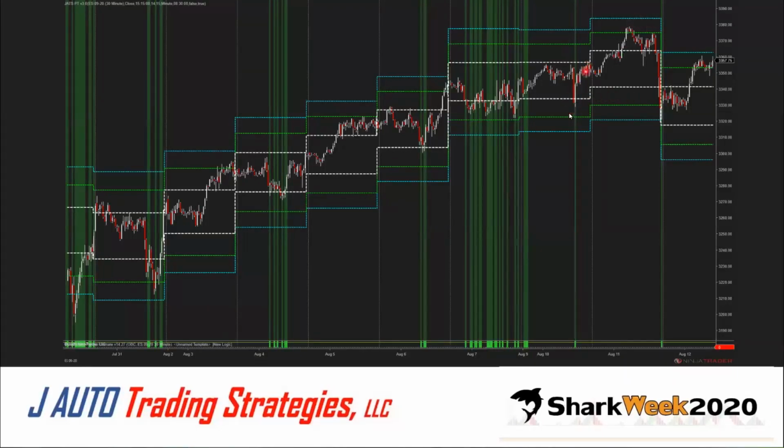And again, the goal is those coast to coasts. Obviously I would prefer getting in at the very bottom and going to the very top, but just getting in here and traveling to the top is an excellent trade, capturing that first standard deviation or trying to go to the 2 or 3.